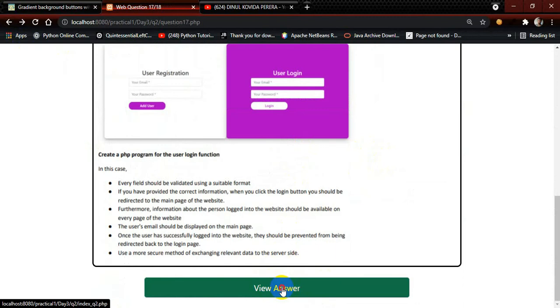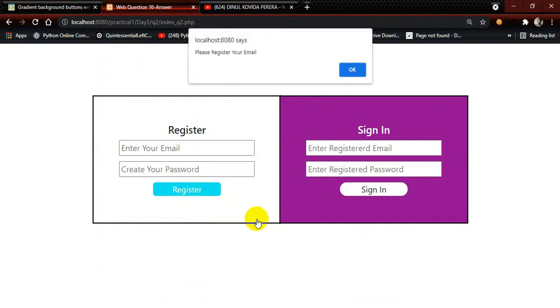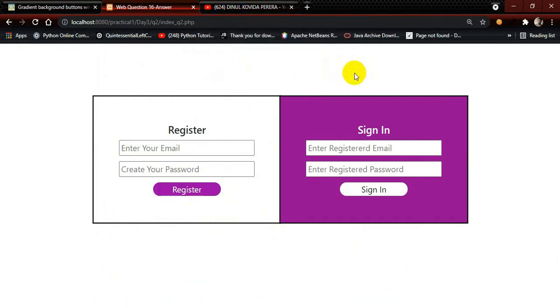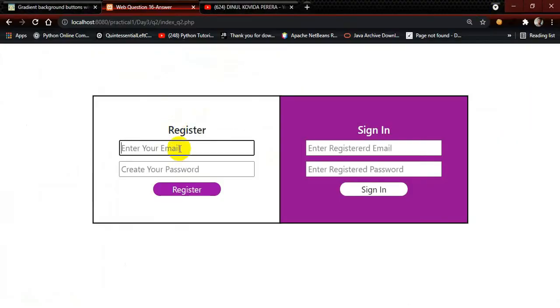So I am going to hit this view answer button. First, I'm not going to register myself, and I'm not going to enter any details. I'm going to hit this register button. It says please register your email. That's called a validation. Since I have already entered my own data, I'm going to enter another data.